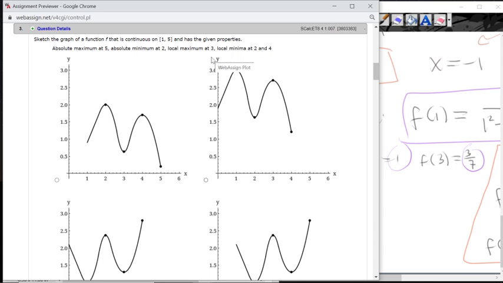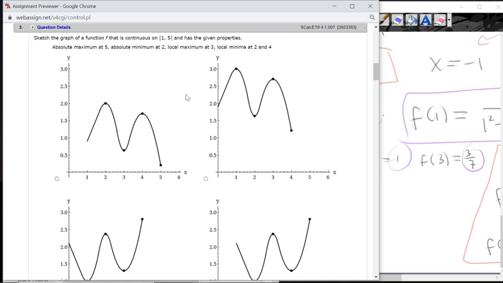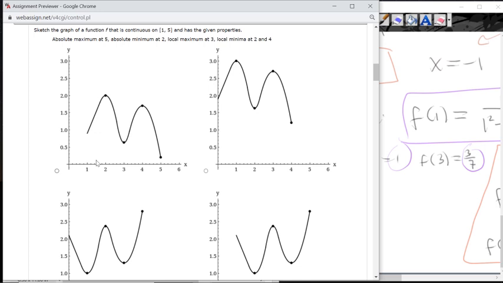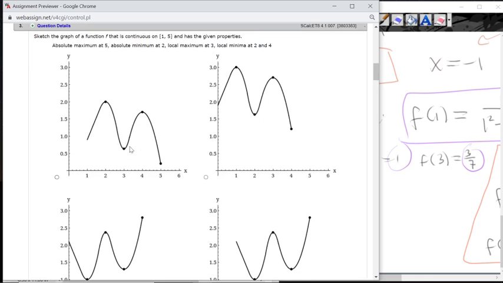Consider a corner or a cusp, for instance, as a possibility. Local minima, two of them, at 2 and 4. So which one would it be? You can do it by sketching that on paper, but if you're doing it by a process of elimination here,